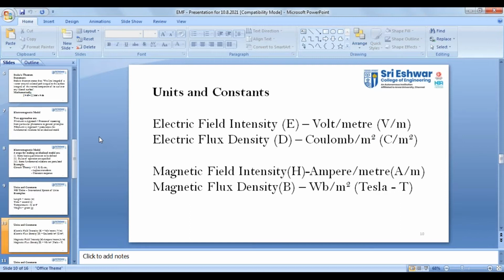If it is electrostatics, first two parameters, E and D, electric field intensity and electric flux density. And if it is magnetostatics, it is remaining two, that is H and B, magnetic field intensity or magnetic pole strength and magnetic flux density. These parameters are much popular. Then comes